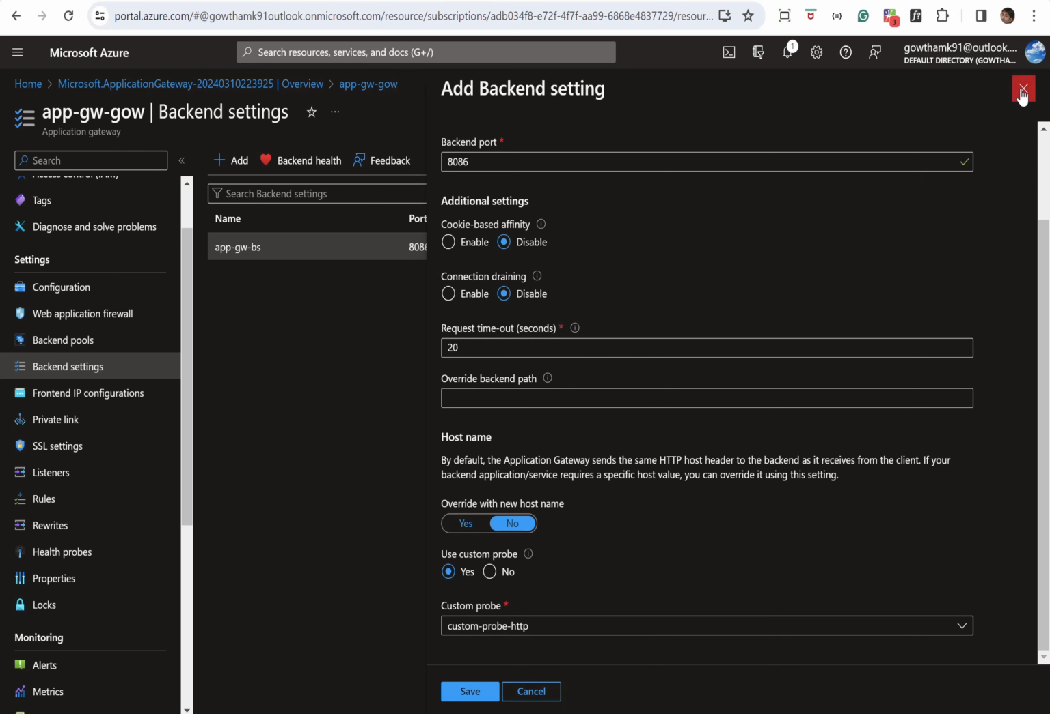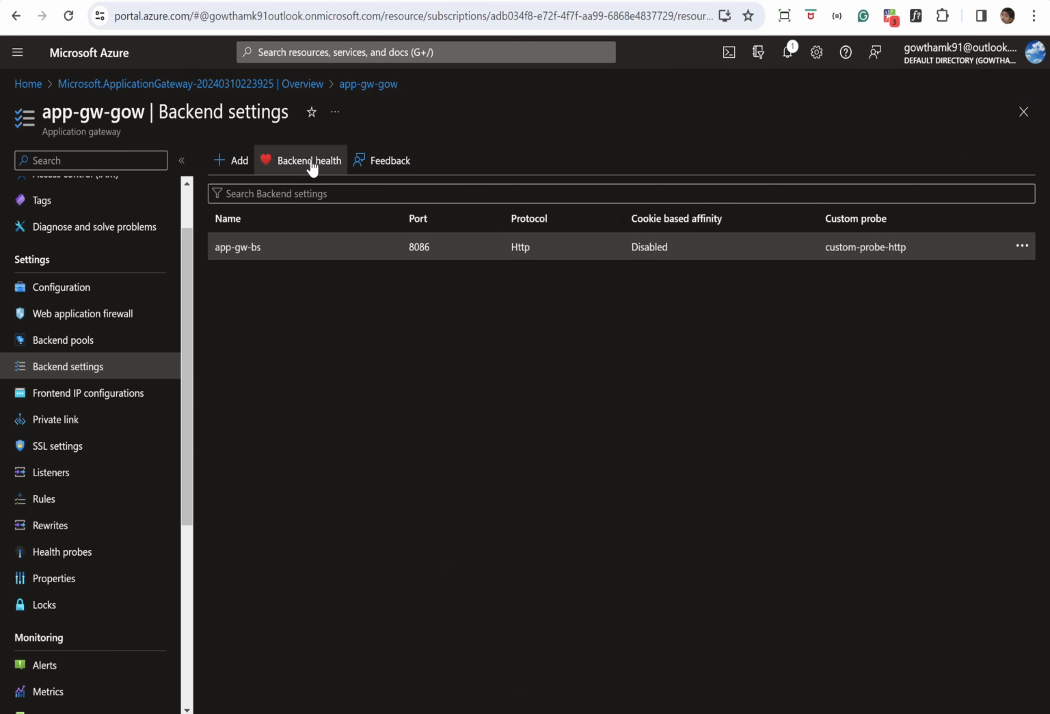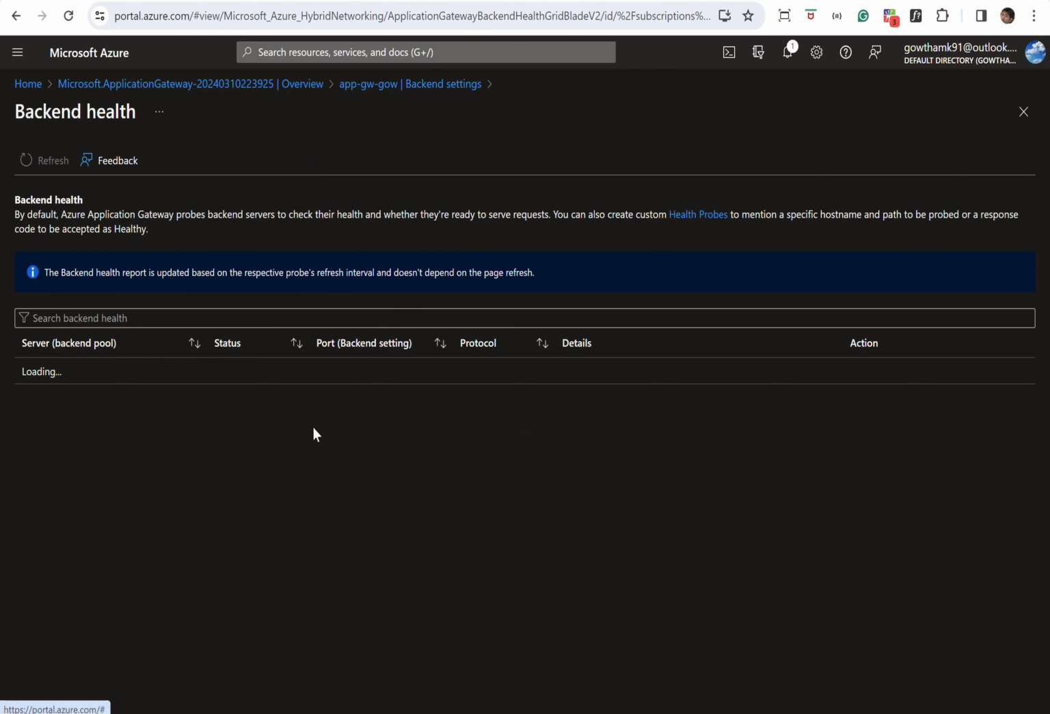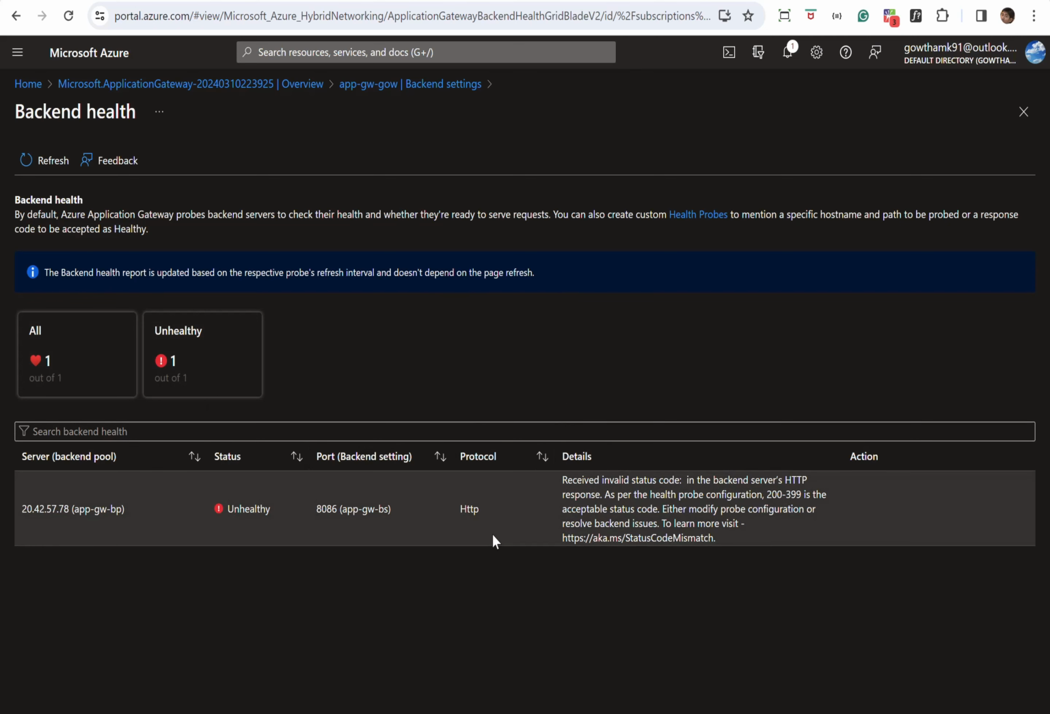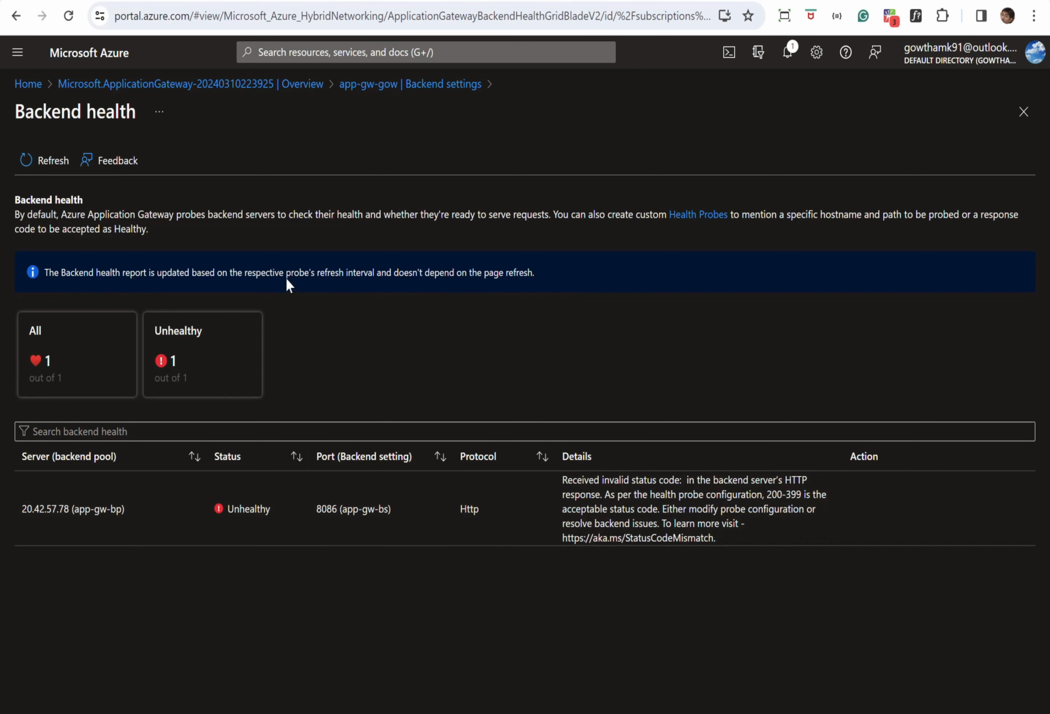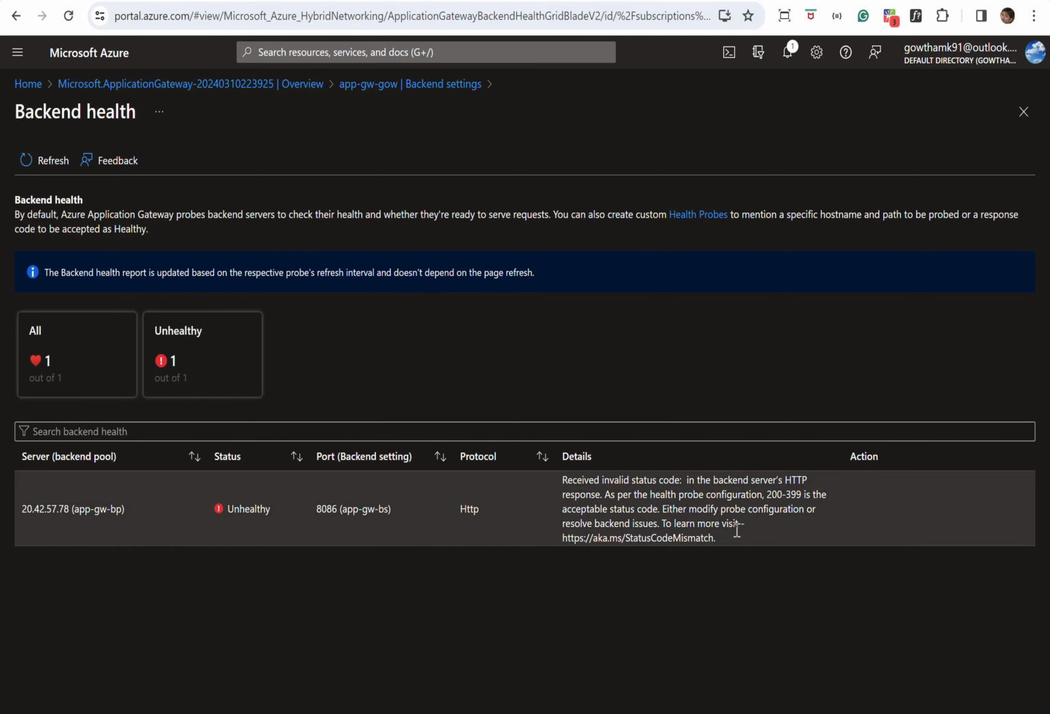Close this. Now we can check our backend health. Sometimes it may take a couple of minutes to reflect here, but still it says unhealthy. As I said, it may take a couple of minutes based on the refresh interval. So meanwhile, what we can do,